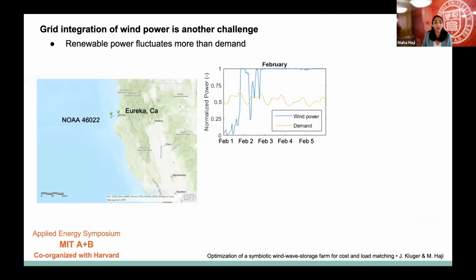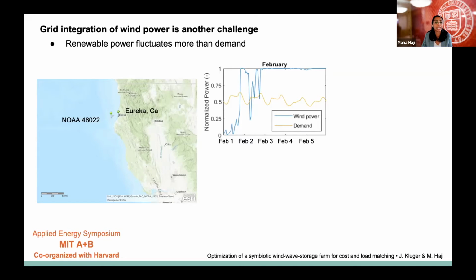Another challenge with wind power is its volatility and low predictability. This is problematic for operating electric grids with a large amount of wind power. Here we generated a plot of normalized wind power data based on a standard wind turbine curve and hourly wind speeds recorded by the NOAA buoy 46022, which is located 17 nautical miles southwest of Eureka, California, shown in the map on the left. Additionally, we've included normalized hourly electricity demand on the plot using information from the California Independent